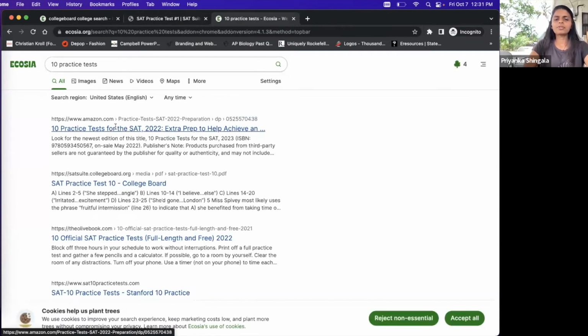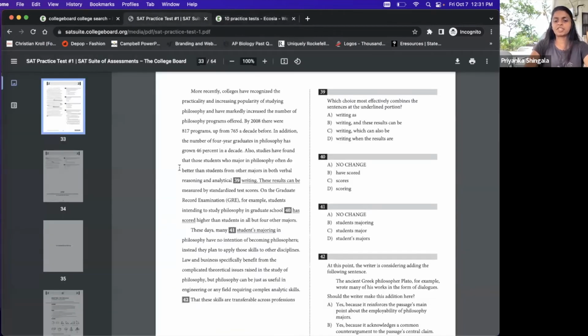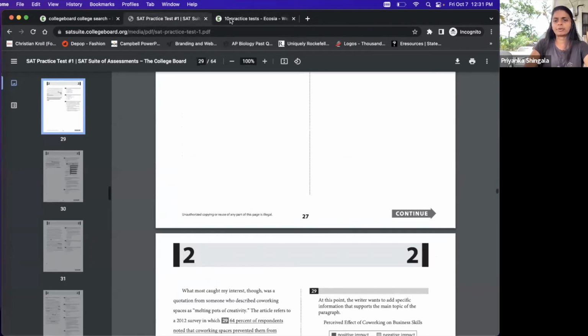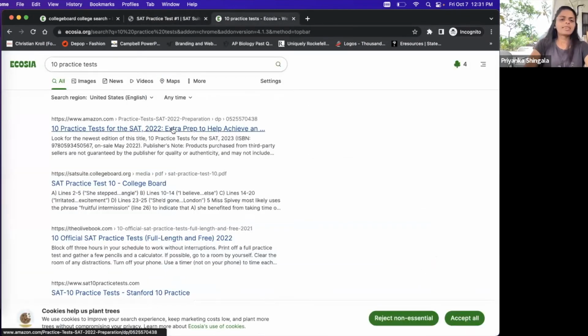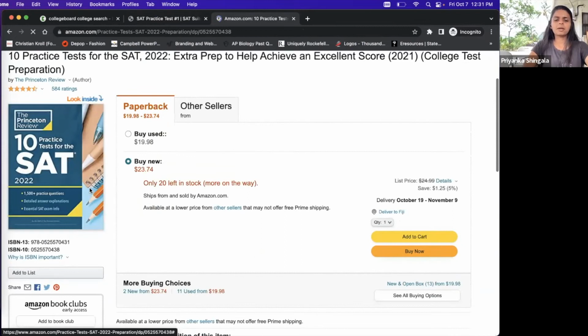So what used to happen is, up until a year and a half ago, College Board actually used to have these exams printed. So you could buy the blue College Board book that has everything ready to go. Then they stopped printing it, but it was always available as PDFs, and then they stopped that as well. So now we need something to help with the paper-based part, right? So I usually recommend the 10 practice tests from Princeton Review because they practically plagiarized College Board.